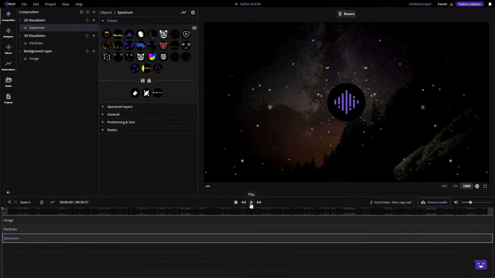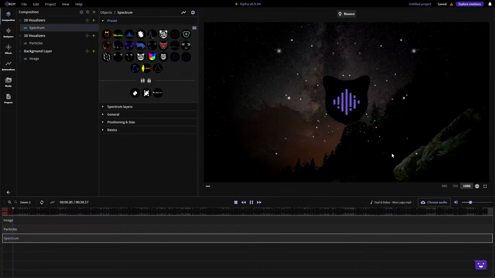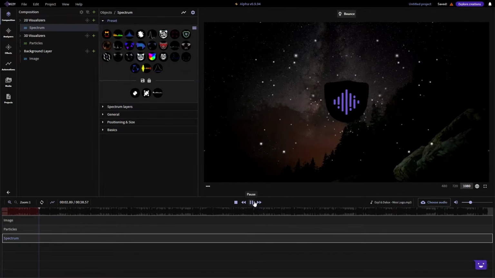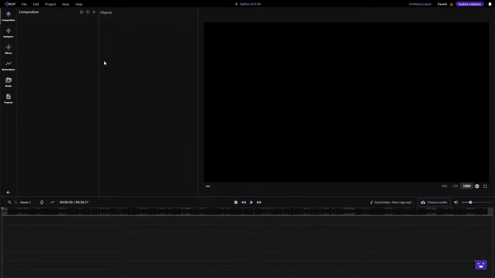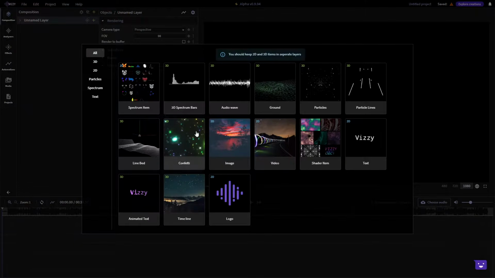So this is just like a very simple project with just 3 items and no effects. It looks like this pretty much. But to show you what to do, I'm gonna clear all objects. So this is an empty project. So let's just add a new layer, and this is gonna be our spectrum, or rather let's make it our